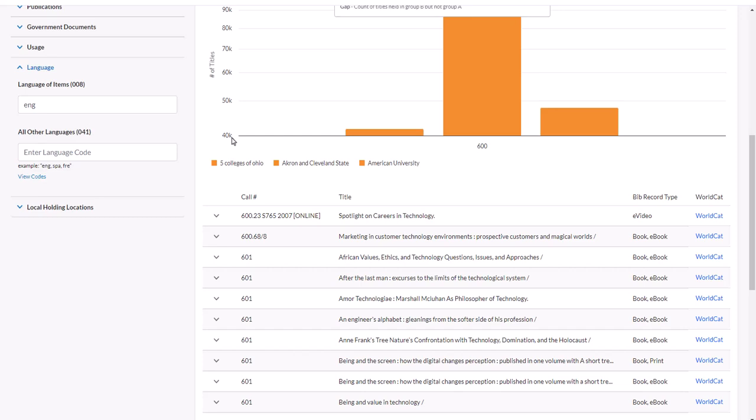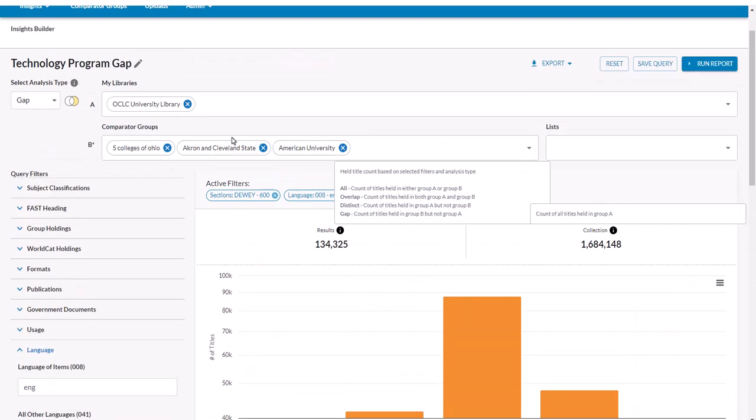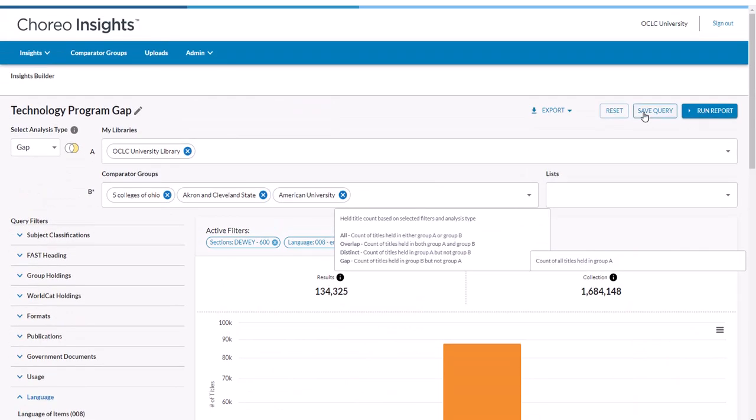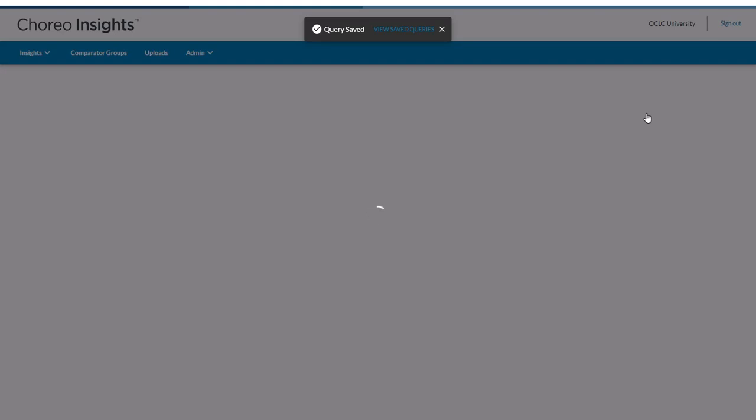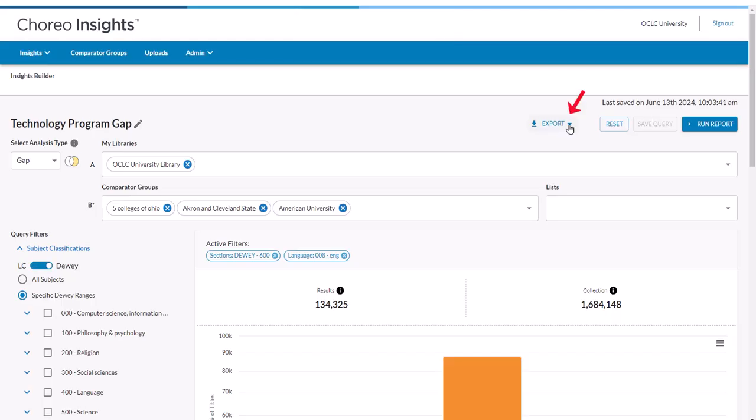Now, on the upper right side of the screen, you can save your query, clicking the Save Query button, and export it to be shared within your institution if you plan to add any of the titles to your